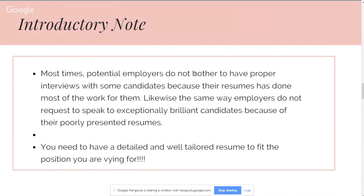We need to try as much as we can to make sure that our resumes are in shape, standard, well detailed, and tailored to fit the position we are vying for. I'm trying to run everything together because I know we do not have so much time, and I'm trying to make this as brief as possible. So you need to have a detailed and well tailored resume to fit the position you are vying for. Most people, when they are trying to apply for the role of, let's say, a front end engineer or front end developer, AngularJS,